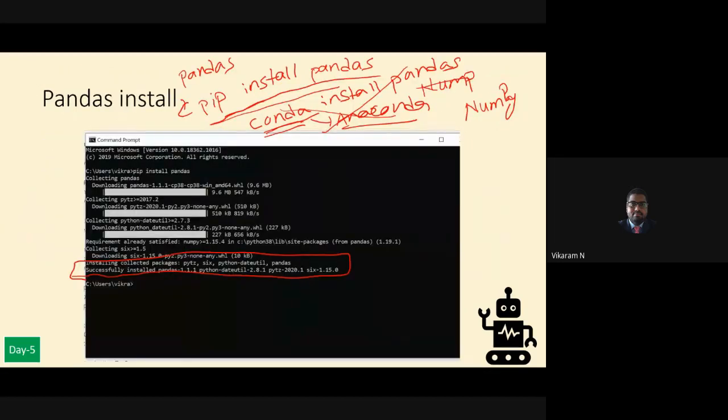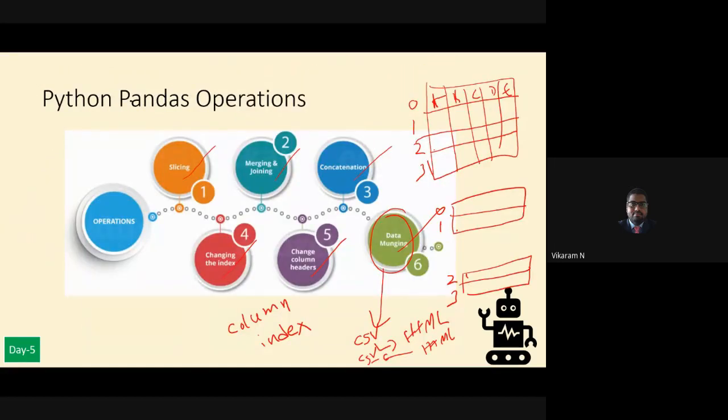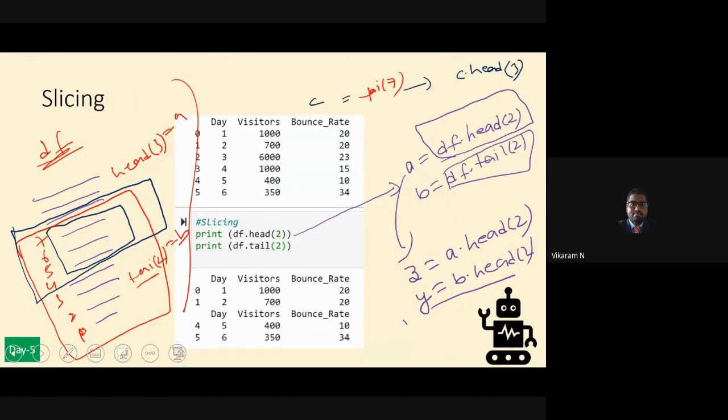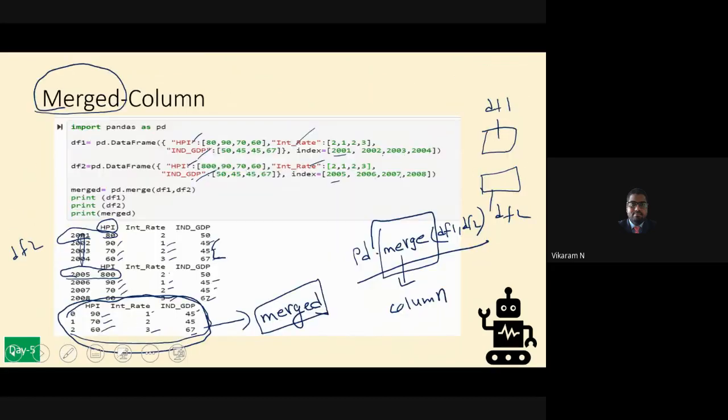So you have installed the Pandas. Then these are the operations we can do. Data frame, I hope this is clear for everybody. Slicing as well clear for everybody. Merged. Merged means